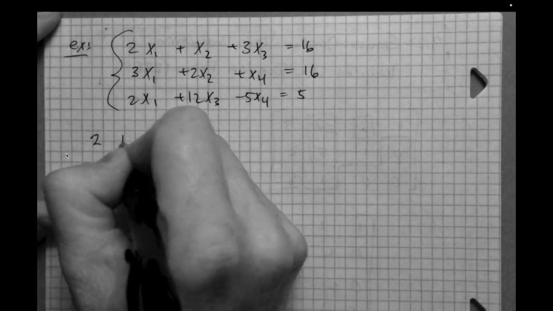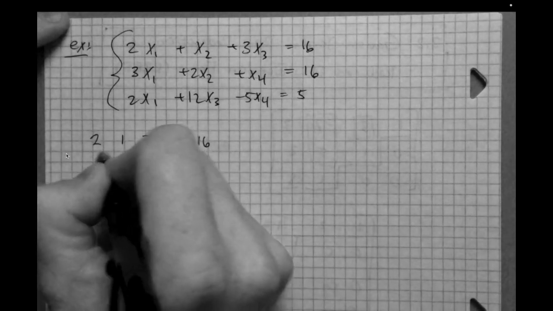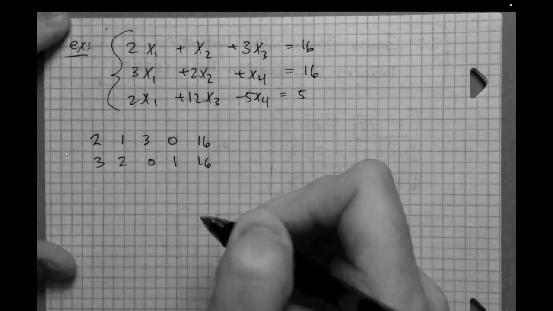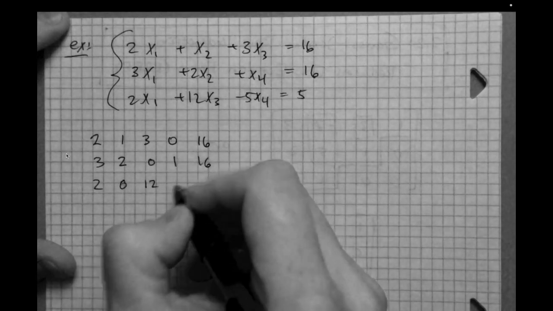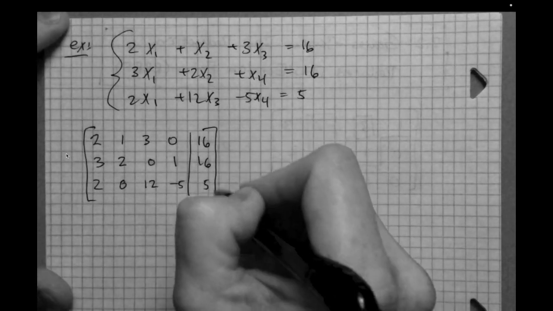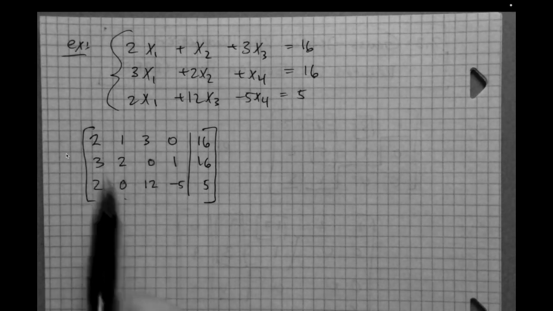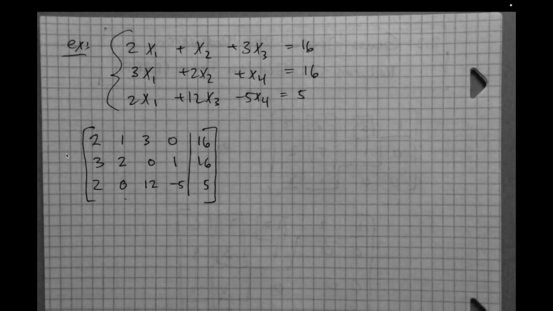And we have 2, 1, 3, 0, 16, and then 3, 2, 0, 1, 16, and then 2, 0, 12, negative 5, 5. Okay, so our augmented matrix would look like this. Again, this is the coefficient matrix on the left-hand side and the scalar matrix on the right-hand side. Okay. And so we can go through this and we can